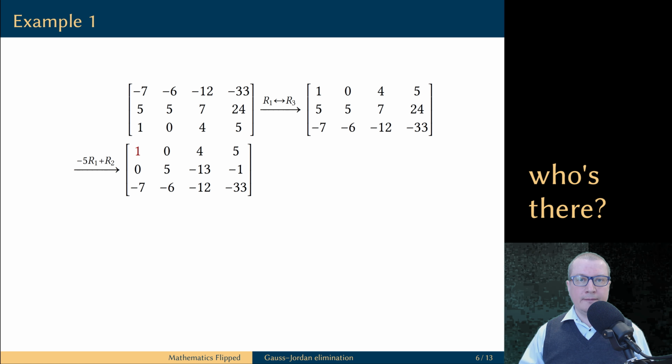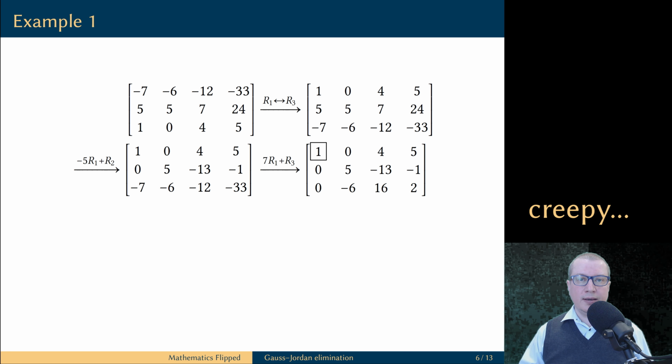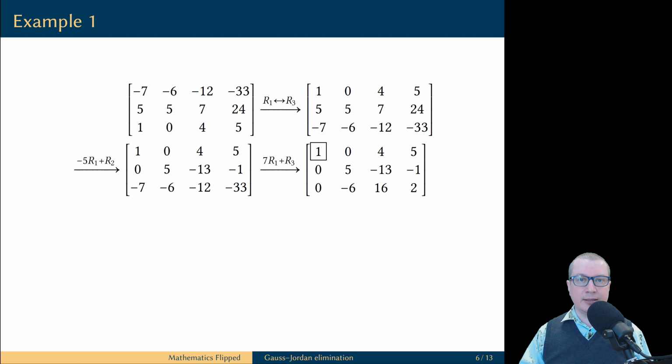In row 3, we have -7, and therefore we are going to multiply row number 1 by 7 and add this to row number 3. This completes step 4. We produced zeros below the leading one. Also note that there are no zeros above this leading one, and that means we already have a ready pivot column. When a pivot column is complete, I will put the leading one in a square to indicate that we are done with this particular column.